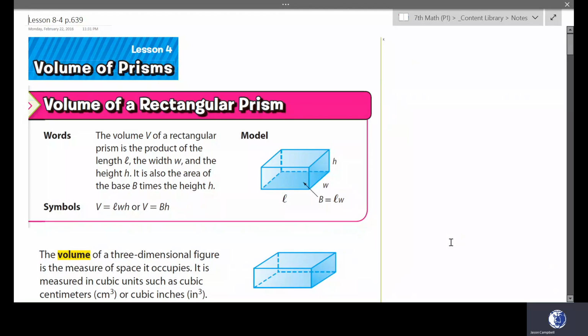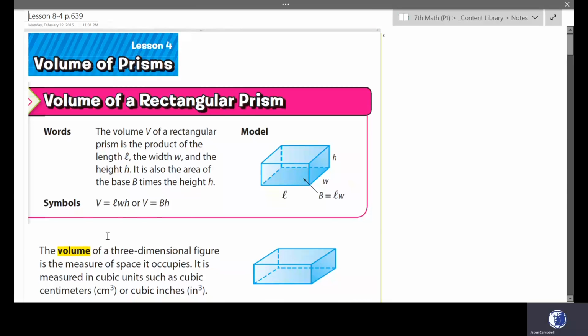Chapter 8, Lesson 4, Volume of Prisms. Volume of a rectangular prism. The volume V of a rectangular prism is the product of the length, the width, and the height. It is also the area of the base times the height. So you can either do length, width, and height, or base times height, where the base is the length times